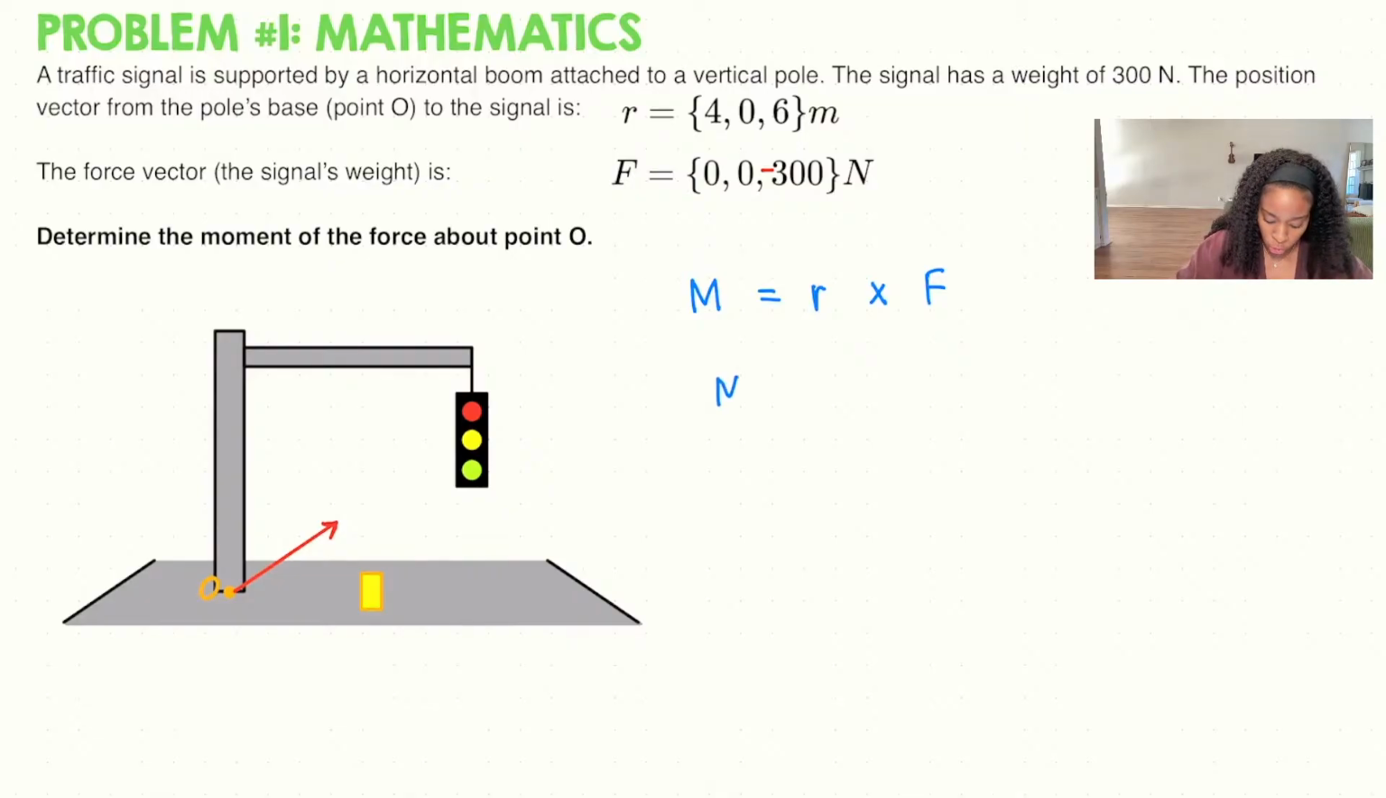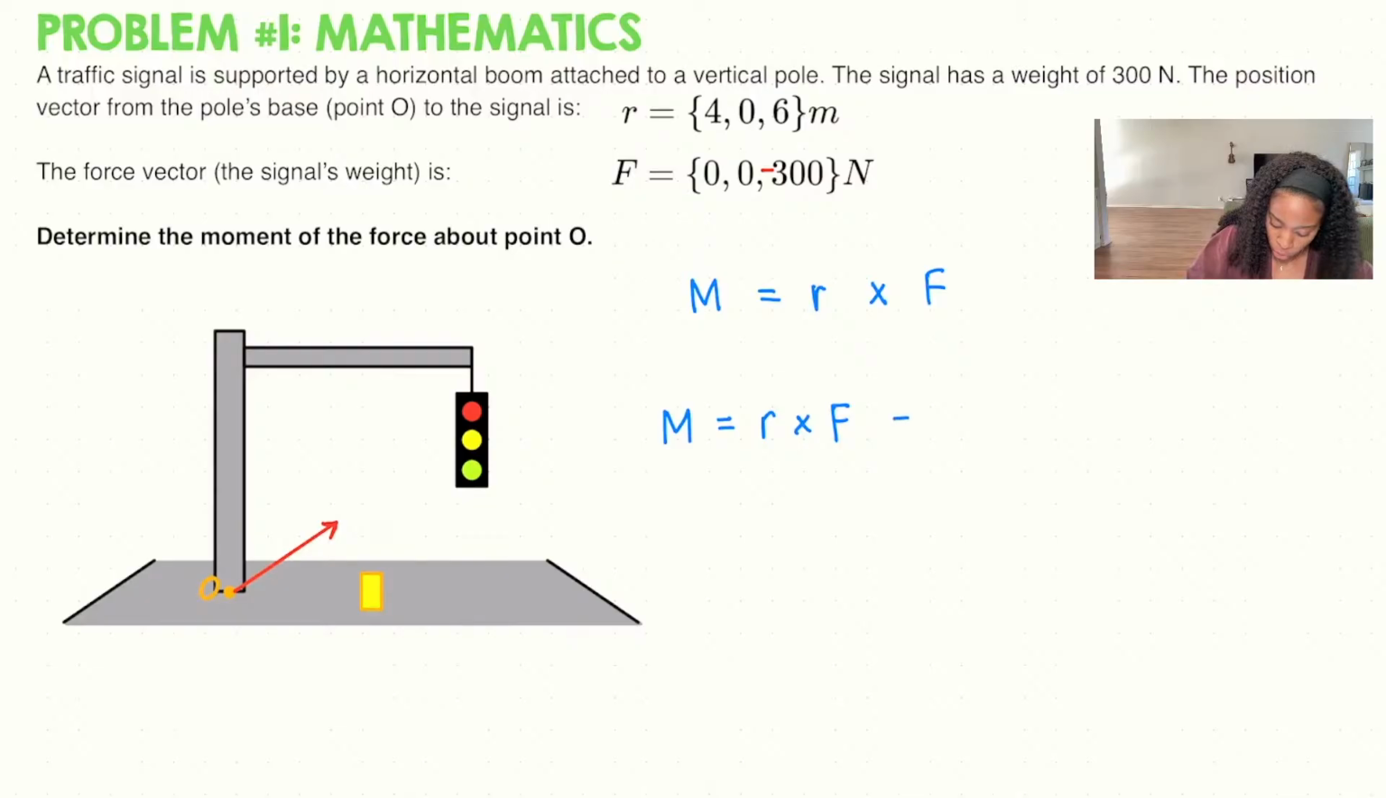If you were to do it the opposite way, you're not going to get the same answer. So make sure that the position vector is first. So to do the cross product, you would end up with something like this. So M, the moment, would be the cross product of the position vector, which is just telling you the direction of the traffic signal from point O, and then the force vector is giving us the weight of the traffic